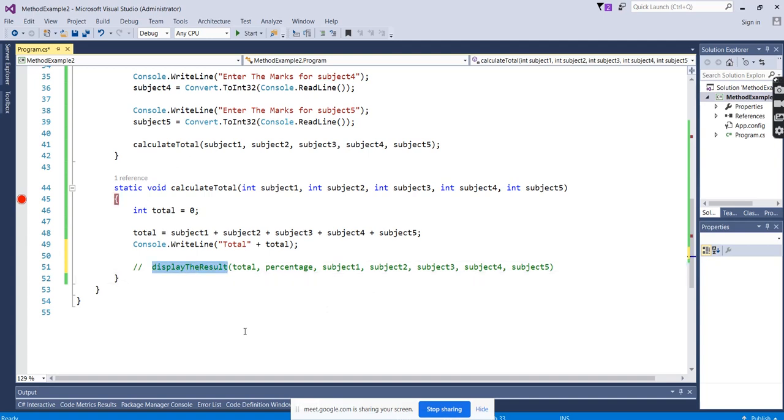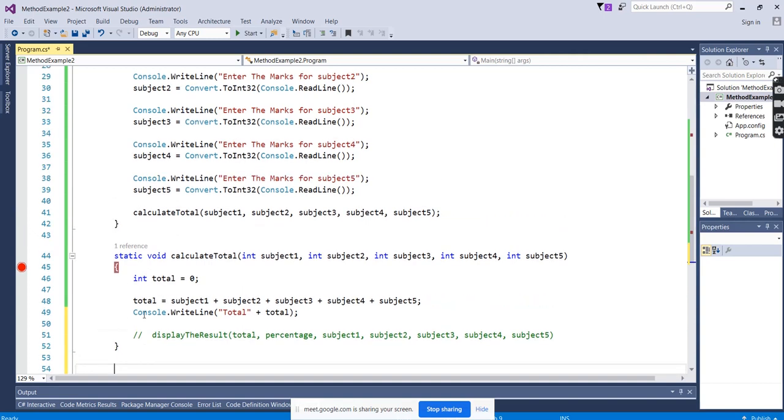In the display method, you can check the condition whether the student has passed in all the subjects. If he has passed all the subjects, then you check the percentage. If it's greater than 70, then distinction; 60 to 70, first class. You can keep adding conditions in the other method. This way it is going to help you, right?